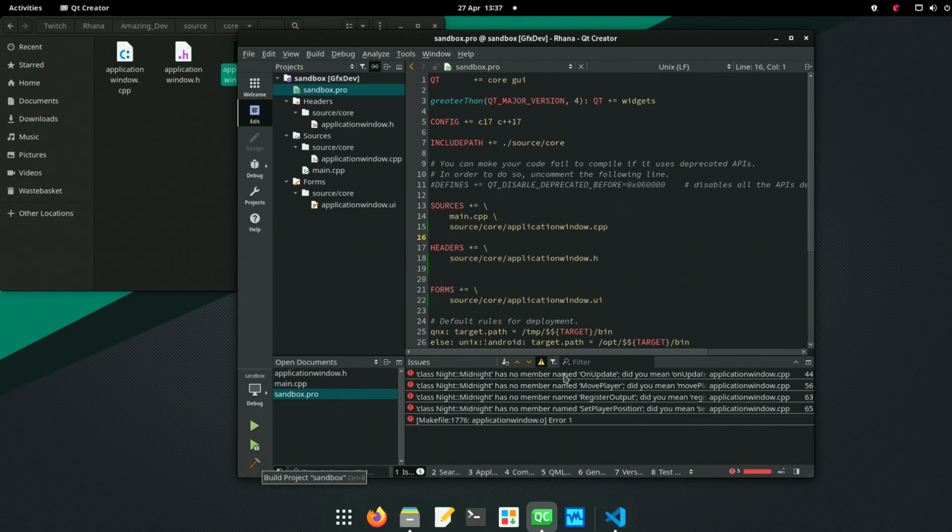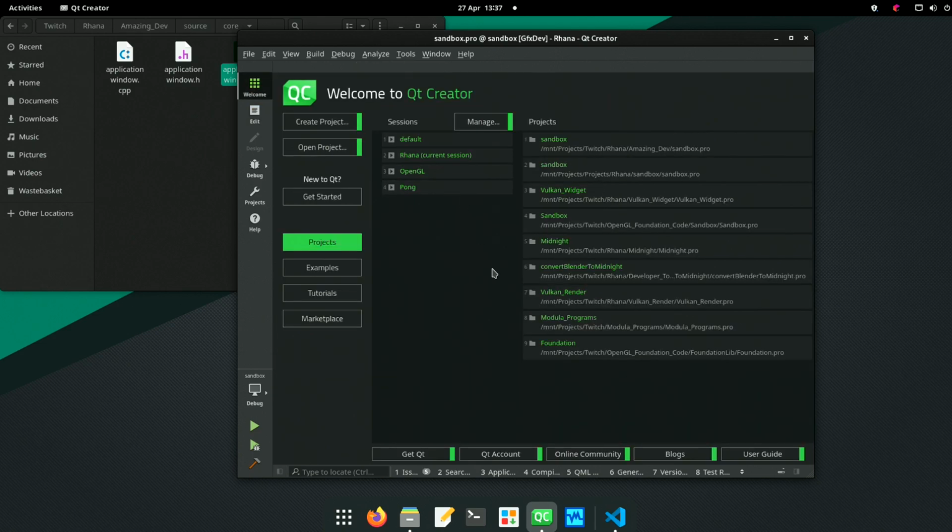Has no member named onUpdate. Did you mean onUpdate? Interesting. Right, that means we should go over to Midnight and have a look at you. Lovely.